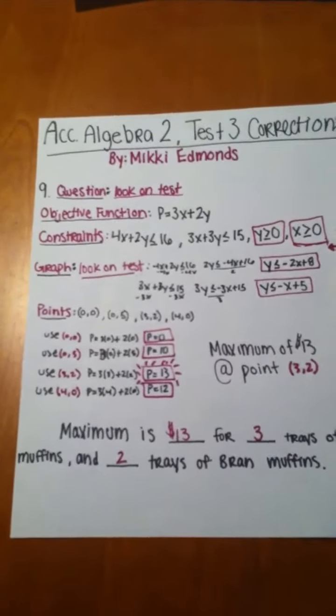So then here is my graph. I plotted the points, I graphed the lines, and this is the region that all the shading intersected. And then you find the points, and I got (0, 0), (0, 5), (3, 2), and (4, 0). So then you have to put your 4 points back in